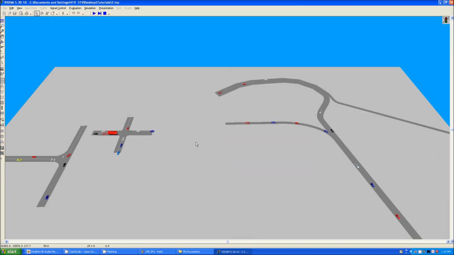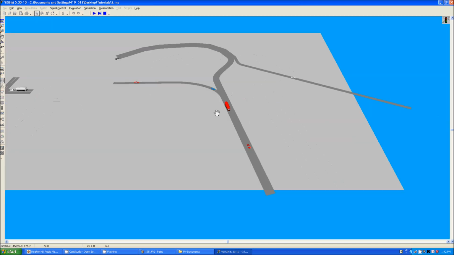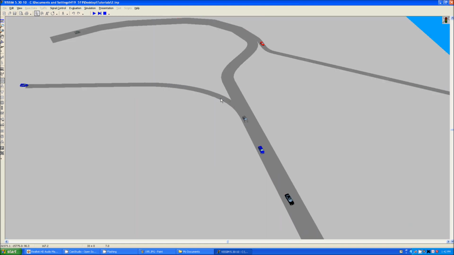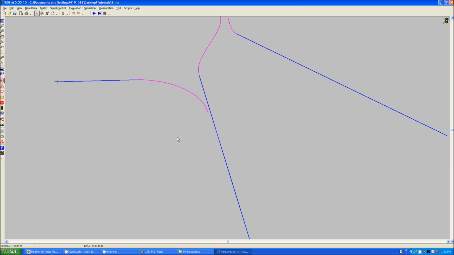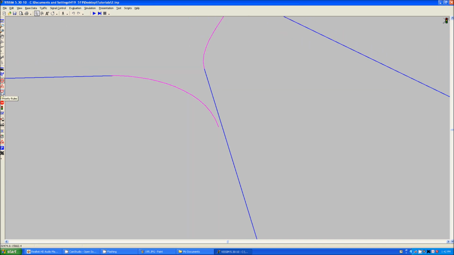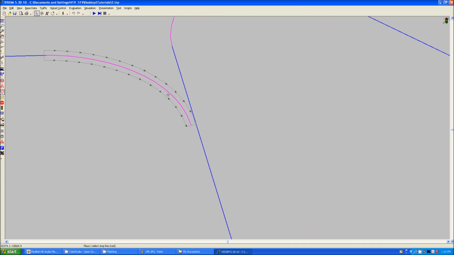it's a bit difficult to see, but you see it every now and again, that vehicles do not wait. You see that yellow one just plowed through that black one there. That is obviously not what we want. So what we're going to do is we can set up a priority rules, essentially a yield sign,